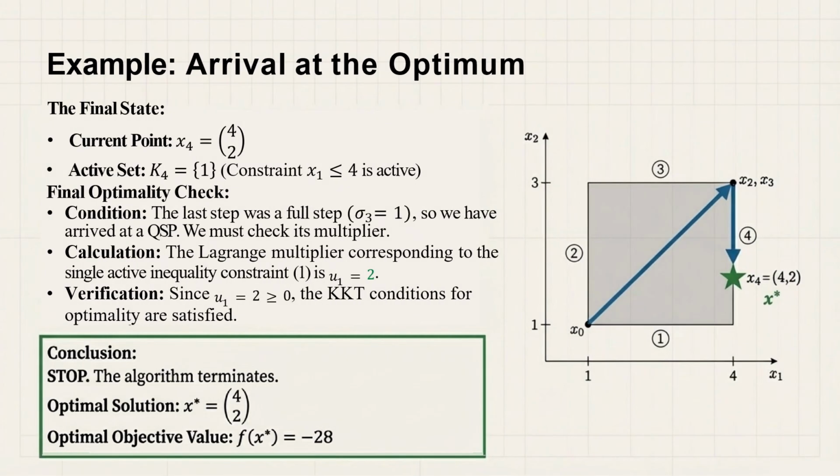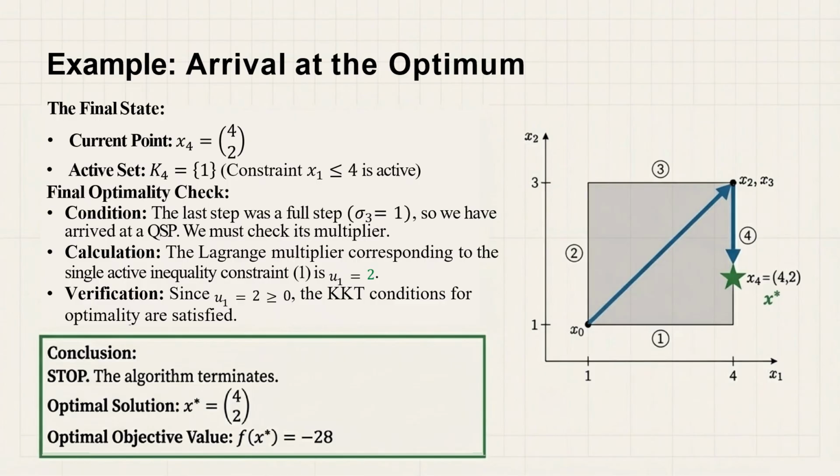In this slide, we observe the result of all iterations and the algorithm's efforts. We are now in the final state. Our final point, marked with a bright green star in the illustration, has the vector coordinates 4, 2. At these coordinates, only constraint number 1, which is x1 less than or equal to 4, remains in the active